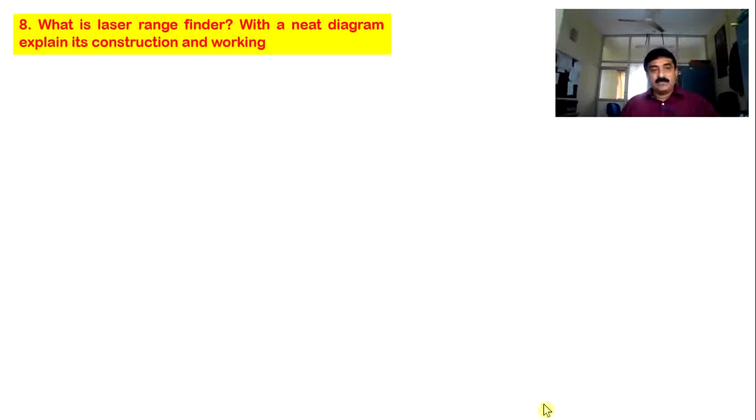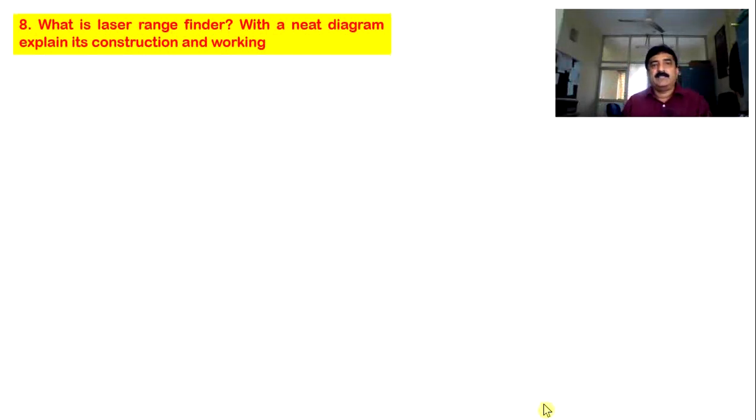How actually laser works, you know? Let us say this is a laser source. I have a target here. When I press the laser source, light will come and hit the target and returns back. If I can measure the time taken for to and fro motion, then I know velocity is equal to distance by time taken, so that I can measure the distance. I can measure the to and fro distance, divide it by 2, then I get this exact distance.